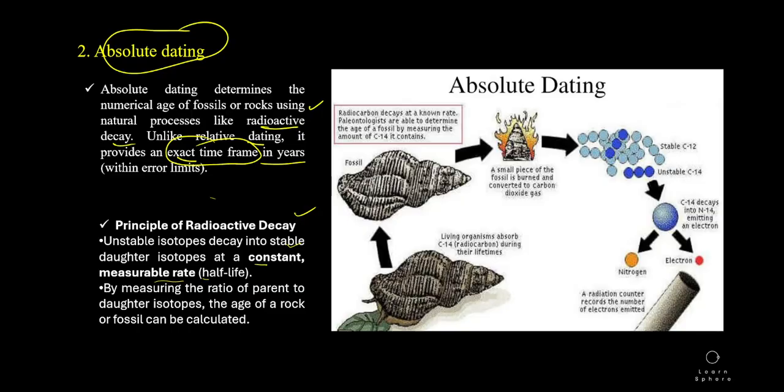Clear? The unstable isotopes decay into stable daughter isotopes at a constant measurable rate, which is known as the half-life. By measuring the ratio of parent to daughter isotope, the age of a rock or fossil can be calculated. Okay, when we compare the ratio of the parent to the daughter isotope, the age of the rock can be calculated. Here you can see,